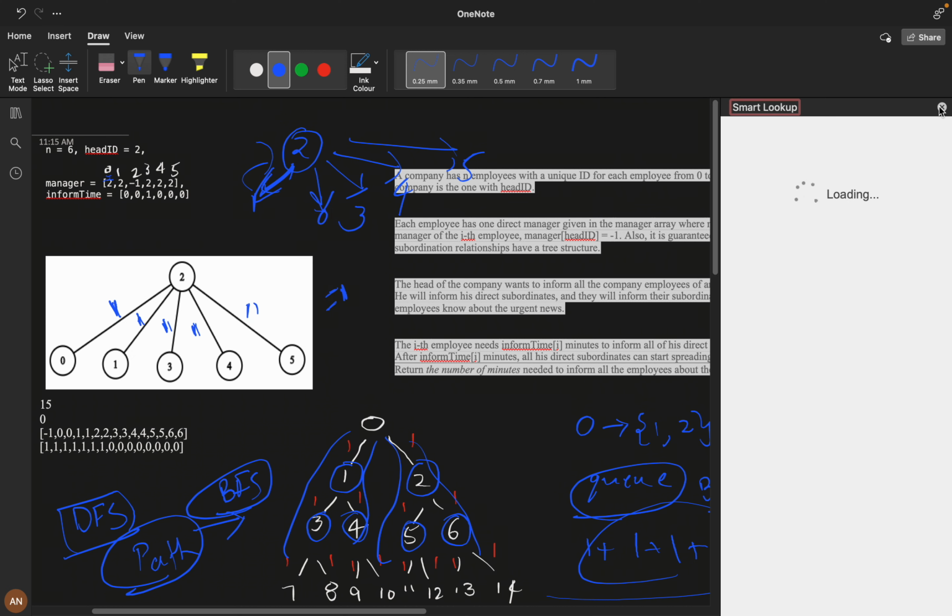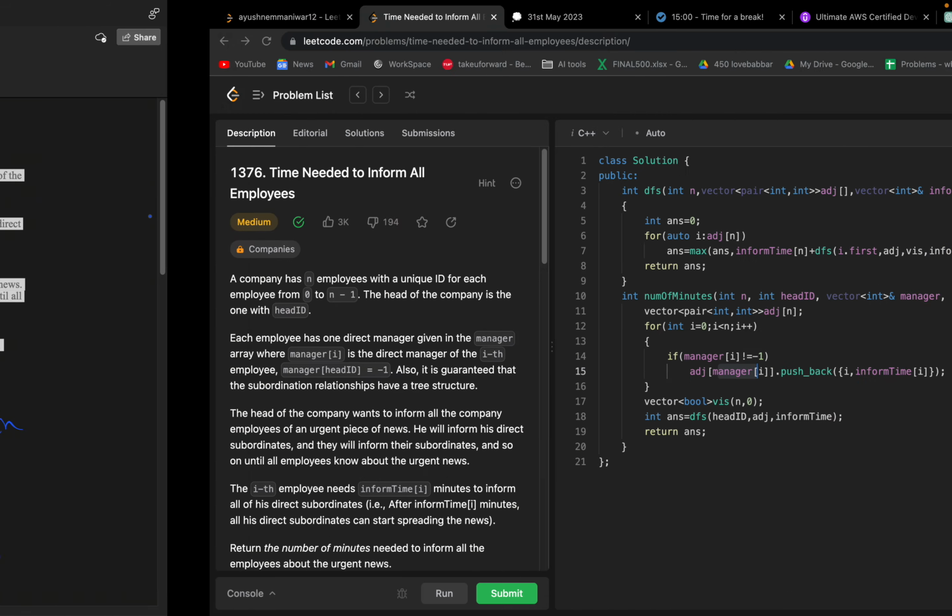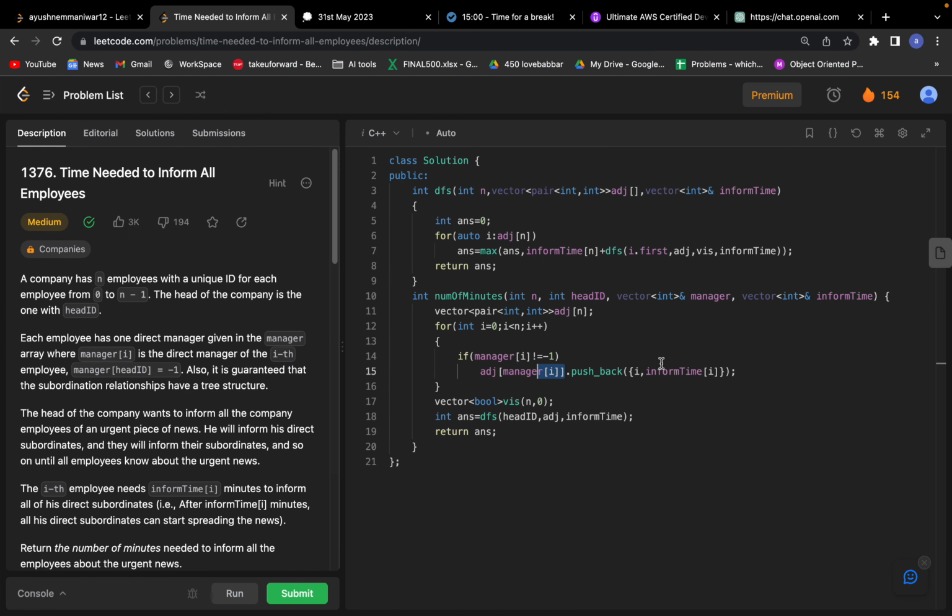For 2 to 1, we are inserting 1. So in that way, only from manager we are going to subordinates. That's why from manager we are informing subordinates, and we are storing inform time, and this is not required. And we are calculating DFS.